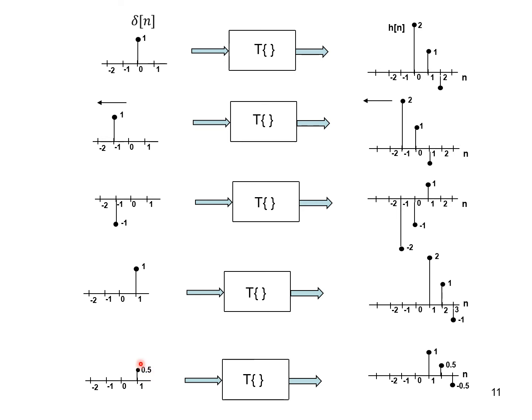Whatever I do at the input, the same thing happens at the output because the system is linear as well as time invariant. This is the important result because of which this system can be solely represented by its impulse response. Now let us start solving the problem, and it is really interesting.